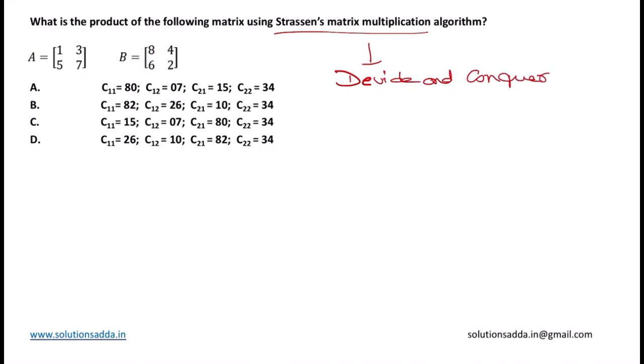Divide and conquer strategy. So what does it divide into? It divides both matrices into submatrices of size n by 2 cross n by 2. So if the matrix is of size 4, it divides into matrices of size 2, and this way it divides the matrix into submatrices of size n by 2 cross n by 2. Then it performs the 8 multiplications